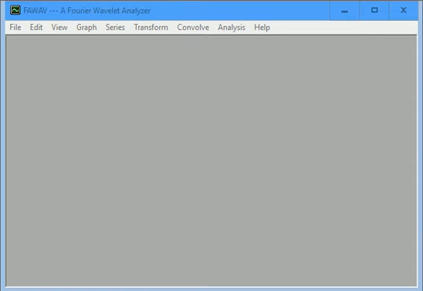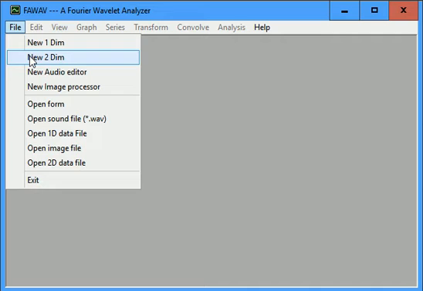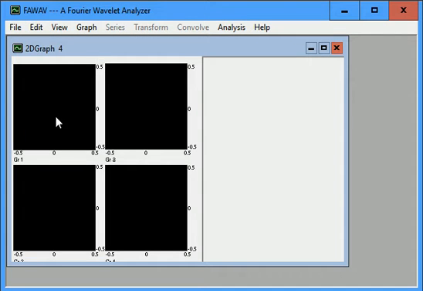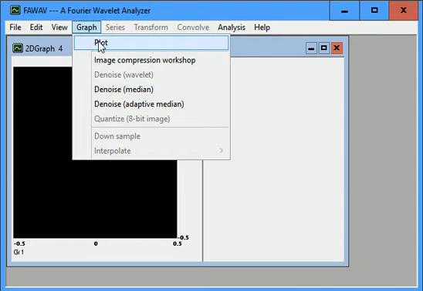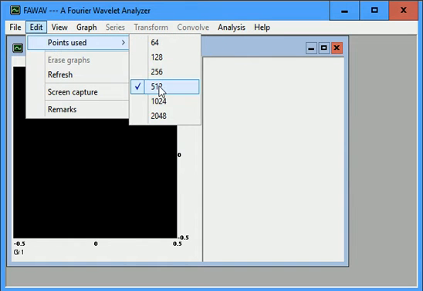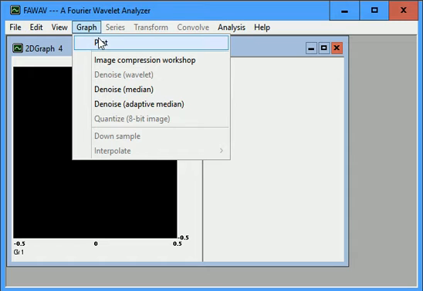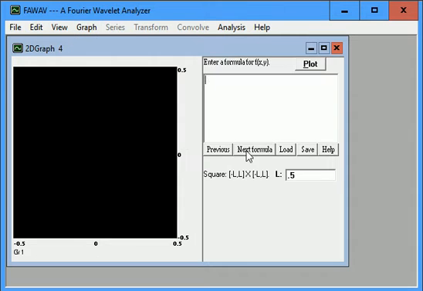In this video, we'll compute a power spectrum of a grayscale image created from a formula. So here we'll click New 2-Dimension, and let's look at large size. Graph, edit points used. I'm going to use 512 by 512. Plot. Now, previously I entered this formula in, so now we'll click plot,